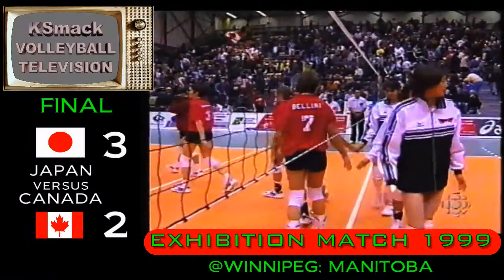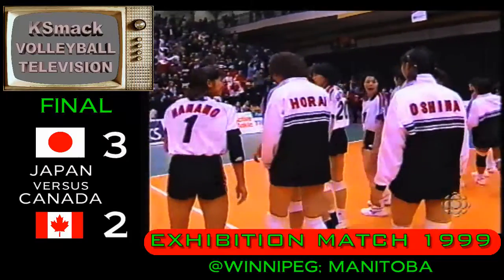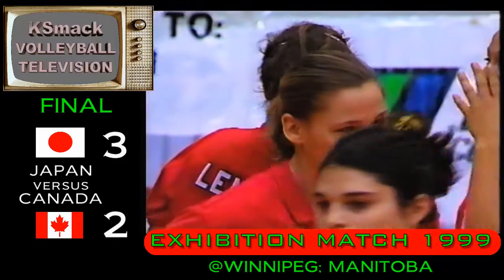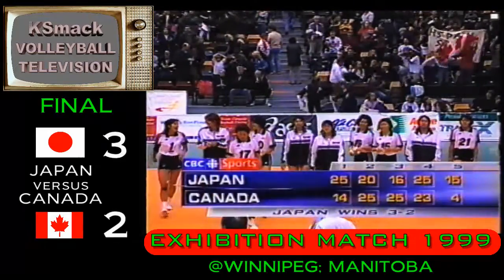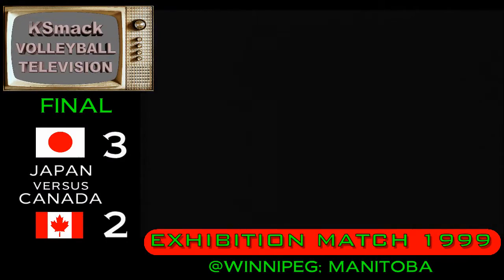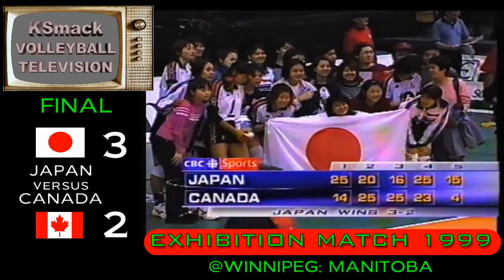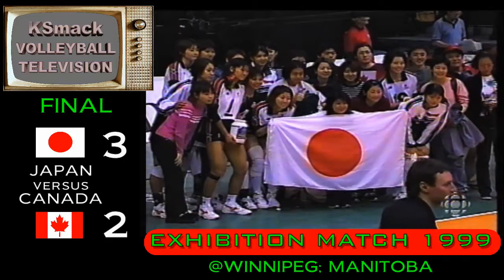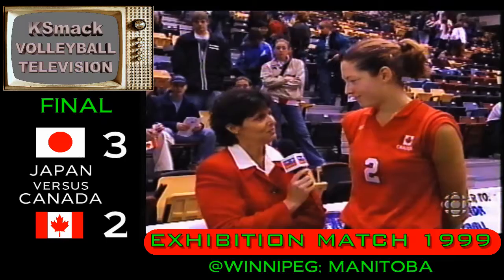Japan won the opening set. The Canadians stormed back to take the next 2 and looked to be in the driver's seat, but the Japanese certainly did not quit. They won the 4th set and then came back to win the 5th to win the match 3 sets to 2. Great volleyball here in Winnipeg. To Japan, it was a tight one. It took a full 5 sets to decide it. But Canada loses to Japan, and unfortunately, and joining me now, Geneviève Lamar,